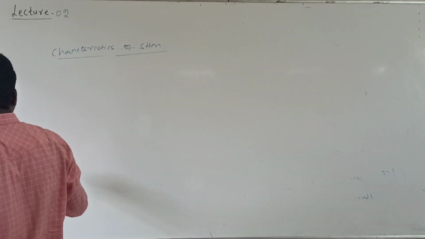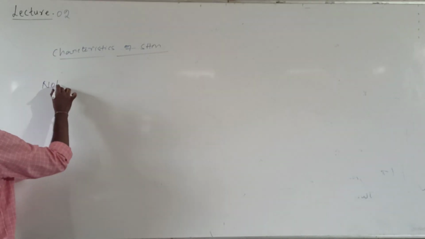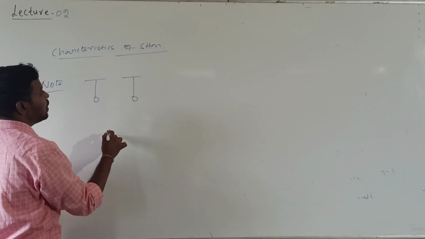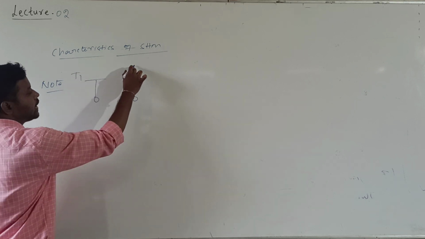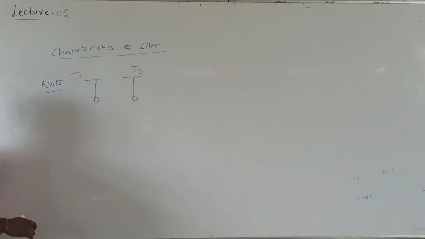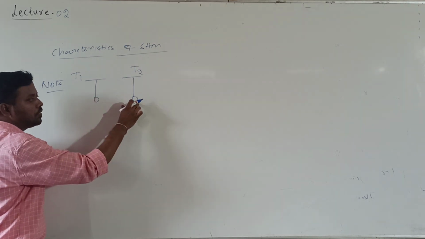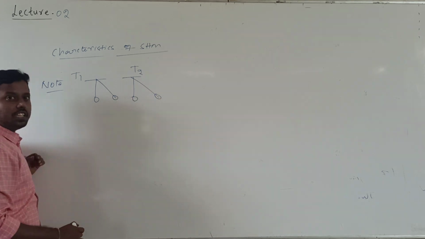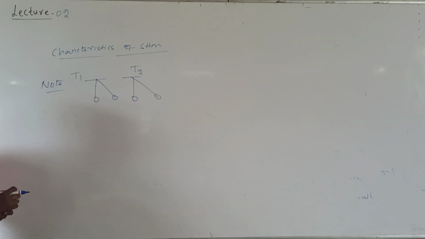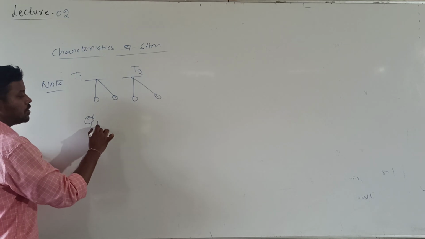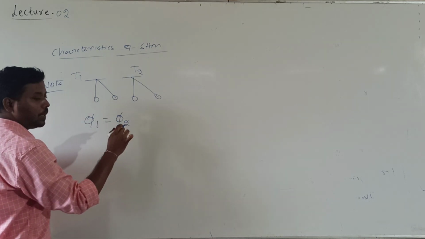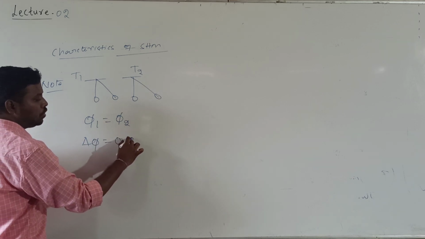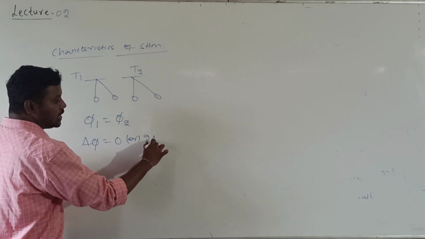One important note we will discuss here. Let us say there are two pendulums. The first pendulum has time period T1, and the second pendulum has time period T2. I pull both bobs from the mean position, so motion starts from the mean position. Initially both are in the same phase, so the phase angle of the first particle is equal to the phase angle of the second particle. Whenever the phase difference value is either equal to 0 or 2 pi, the two particles are initially in phase.